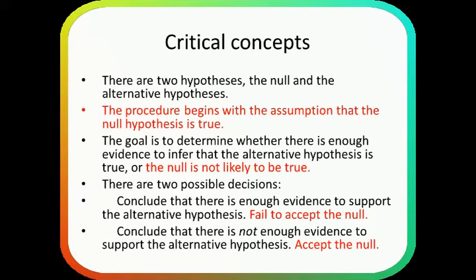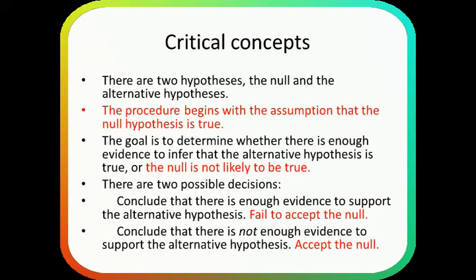However, if we find that there is not enough evidence to support our alternative hypothesis, and how do we gather this evidence? Just to recall, we said that in order to test our hypothesis, we apply statistical procedures. We use statistical tests and we test it against the p-value in order to check for the significance. So if we do not get any significance, then we say that we do not have enough evidence, in which case we have to accept our null hypothesis.